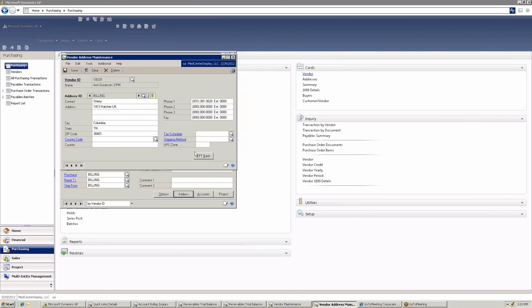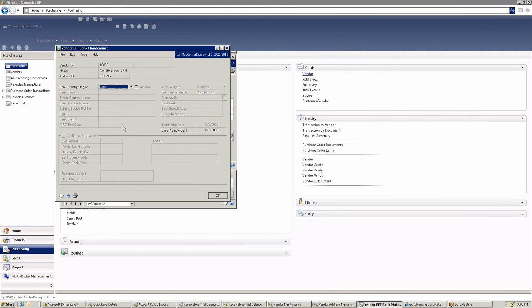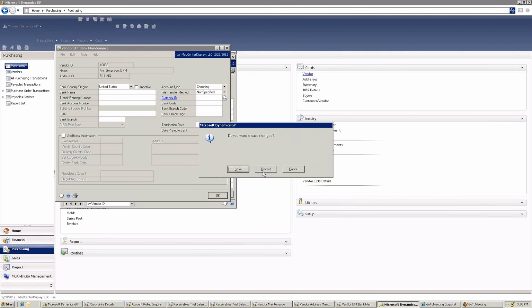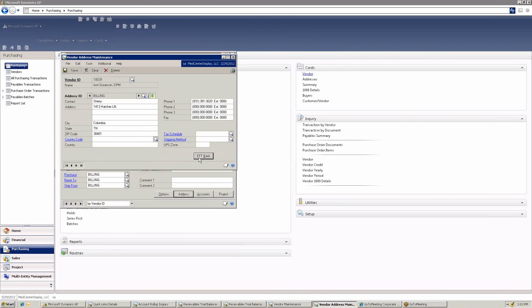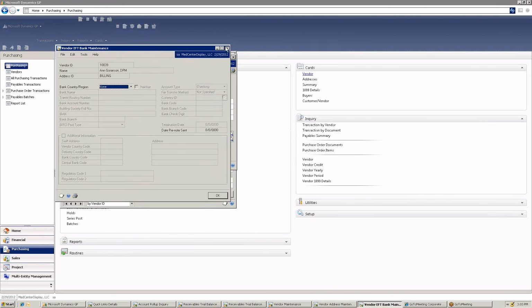The one thing, and this is both for receivables and payables, this is where you set up the ACH information. If your company is using ACH, you set up the ACH information right here for that vendor. This would be where I select the United States, since we're dealing with that, and then we just put in the transit, the routing number and the bank number, and then we can create EFT files. Not going to go into that a whole lot, but it is an option with each vendor or each company that we have if we're using online treasury